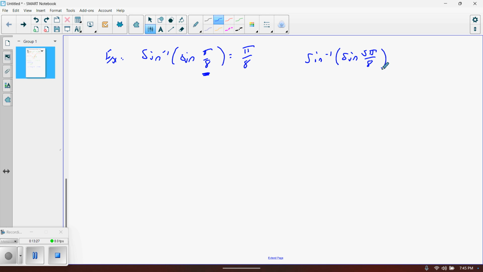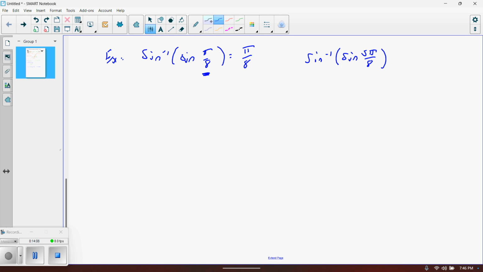Because remember, and I'm going to keep saying this over and over again, inverse sine is restricted from negative pi halves to pi halves. Well, sine of 5 pi eighths is second quadrant. Sine is still positive, but that is outside of our domain. So the answer is not 5 pi over 8, because that's outside of negative pi halves to pi halves. So we need to figure out what the first quadrant equivalency of 5 pi eighths is. So basically what you have to figure out is, what's the reference angle? And 5 pi over 8 is exactly 3 pi over 8 away from its closest